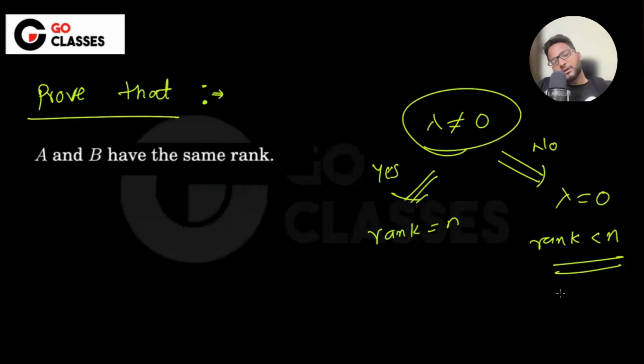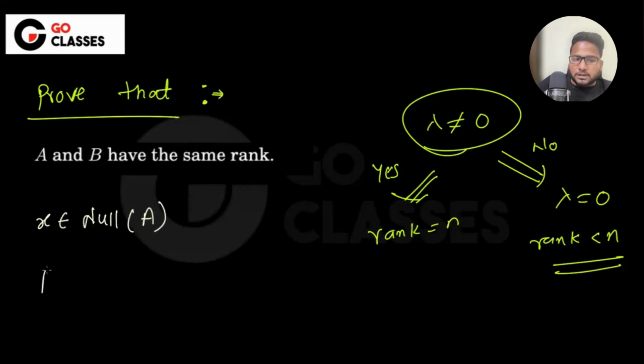Yes, rank depends on the dimensionality of the null space. That is fine, but that's the point. The rank is the same, or the dimensionality of the null space is the same. How to prove it? So let's just try to prove it. Maybe suppose X is in the null space of A, which means AX equal to zero, then